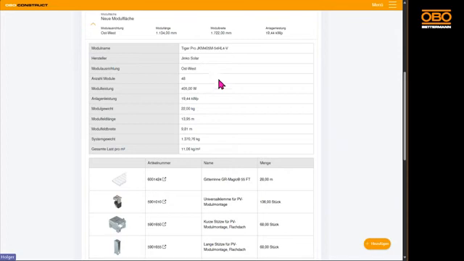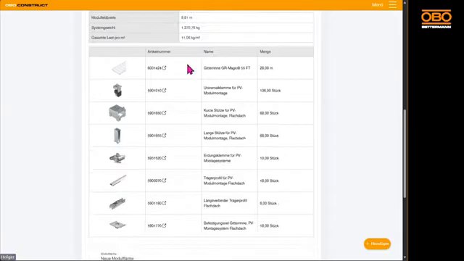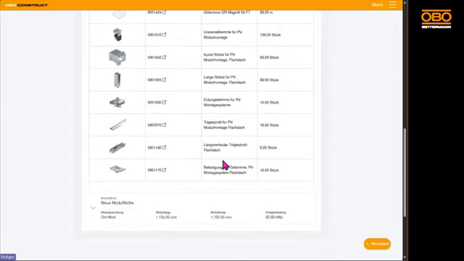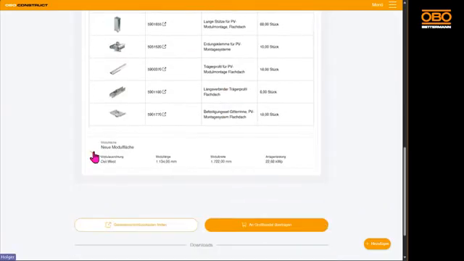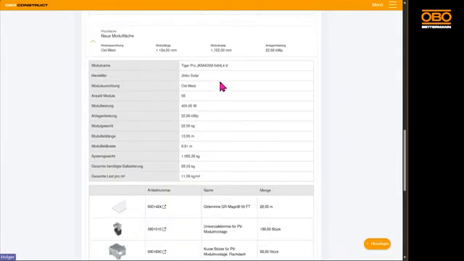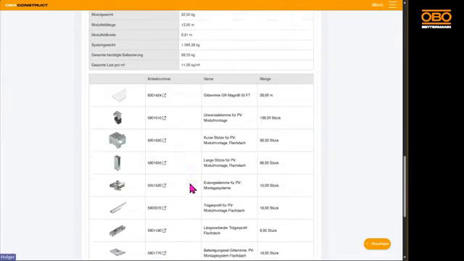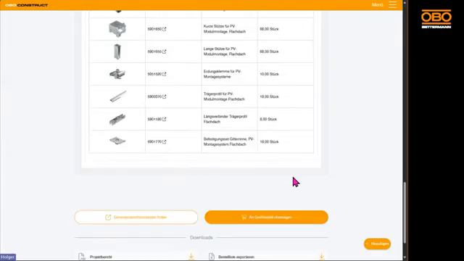Here, of course, the Tiger Pro module was used for both systems. I have 48 modules in the first module field. I have a total load per square meter of just under 11 kilos. Here, I can see again the individual items that are to be mounted on this field. And the second field looks quite similar, and here I naturally also have 11 kilos. Approximately 11 kilos per square meter,